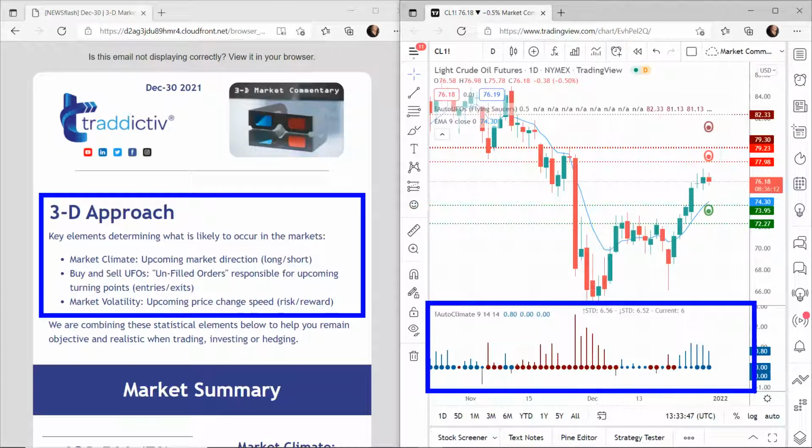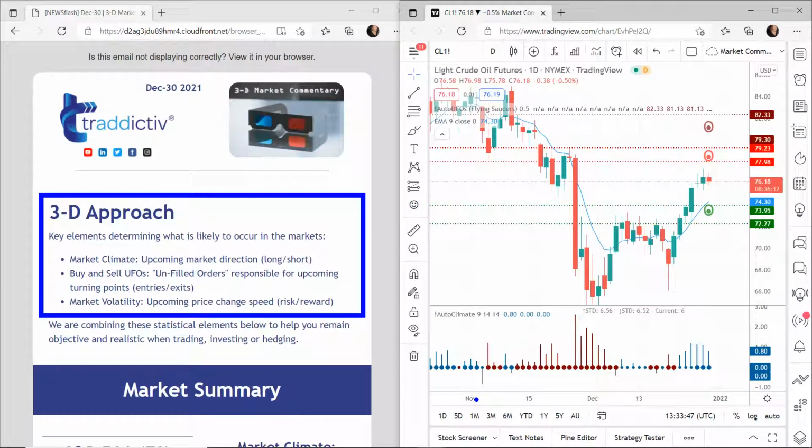Now we use an app to help us with this. It's called AutoClimate. AutoClimate is a free app on most platforms you can get it on. If we ignore the lines, just to focus on the dots, they are telling us where the probability lies. So if it's a thick blue dot, that tells us probability is upwards. If it's a thick red dot, that tells us probability is downwards. If it's a thin dot of either colour, that tells us probability is neither way. So again, we use an app to help us figure out where the probability lies. So we'll look at that per market.